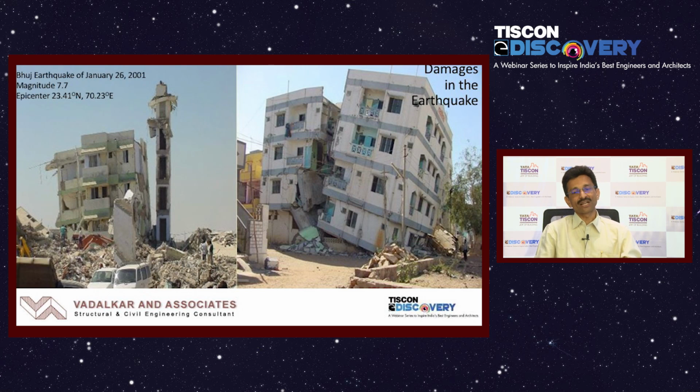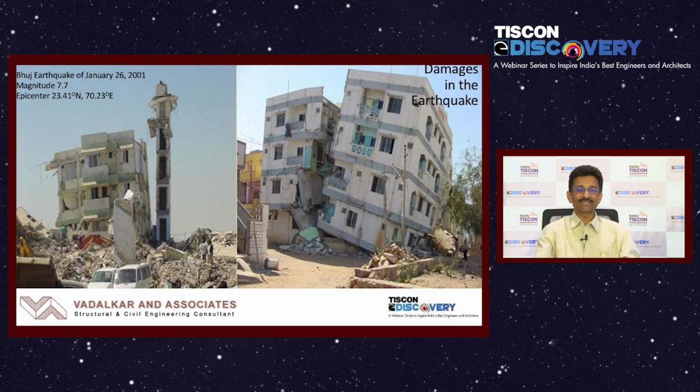These are some of the other photographs from the Bhuj earthquake. What you can see is that the lift shafts and some buildings are intact, while other parts of the building collapsed, because the lift shaft was either not properly connected to the building or was taken outside the building framing system. So that was again one of the reasons. The lift shaft is standing on its own, but the building has collapsed.